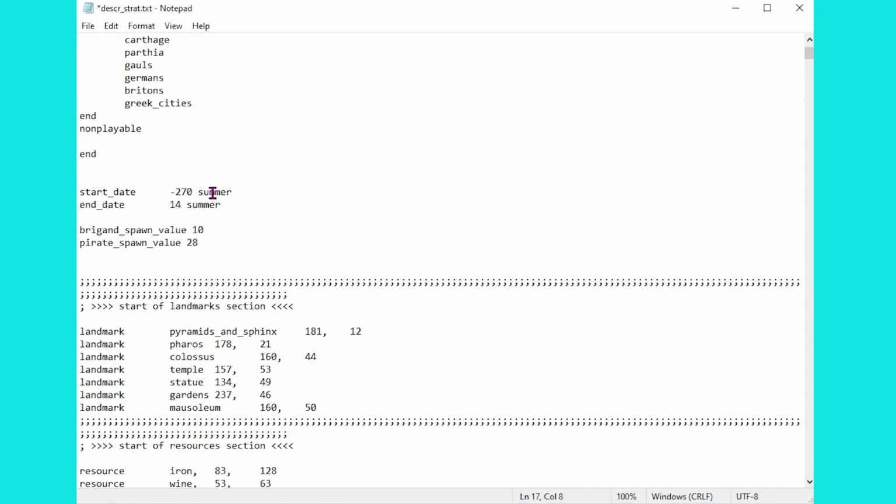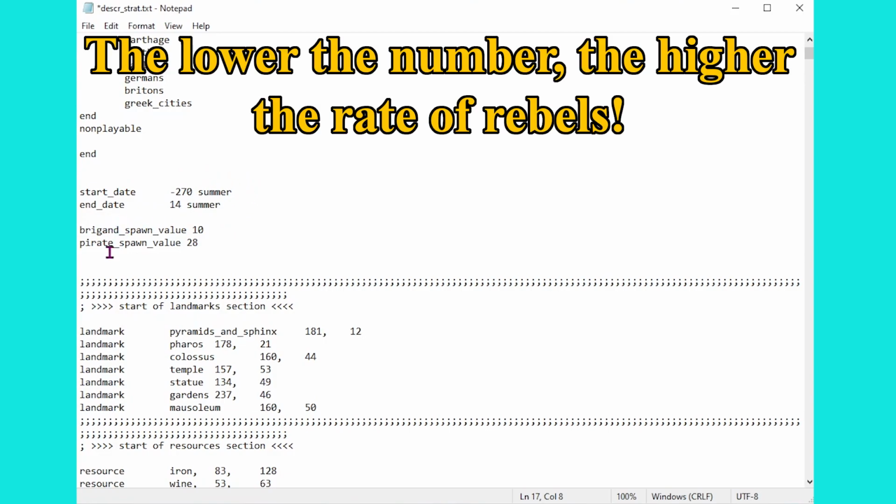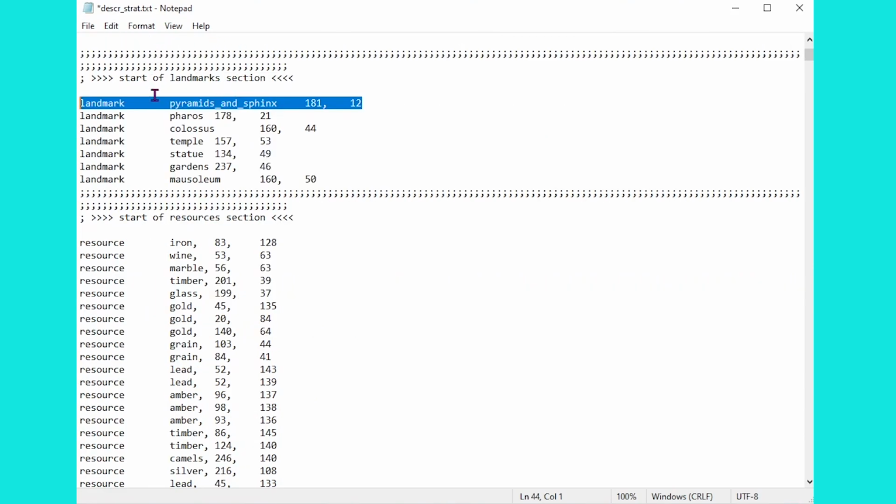Now underneath, we have the start and end date. Fairly obvious, to be honest. You can change it around as you wish, as well as the spawning value for both the Rebel armies and the Rebel pirate ships. As we move further down the file, we'll find the landmarks and resources section,